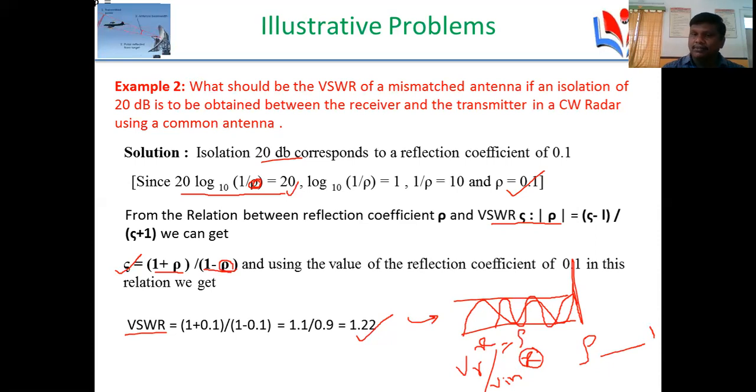Suppose X is transmitted and no power is reflected back, that is VR equals 0. Then 0 by X is 0, so that is the minimum value. So the reflection coefficient has a minimum value of 0 and a maximum value of 1. That is rho, the reflection coefficient. If the reflection coefficient has a minimum of 0 and a maximum of 1, what will be the